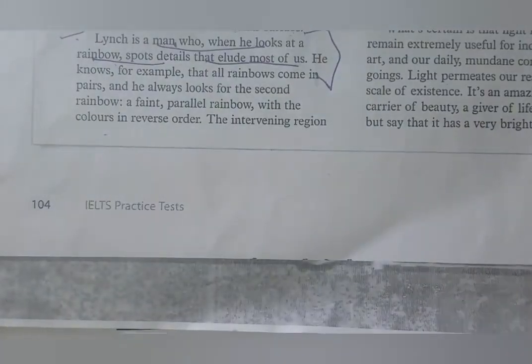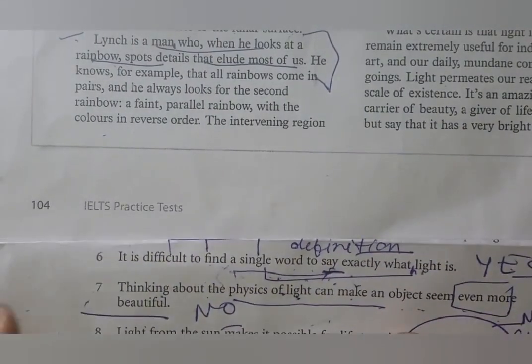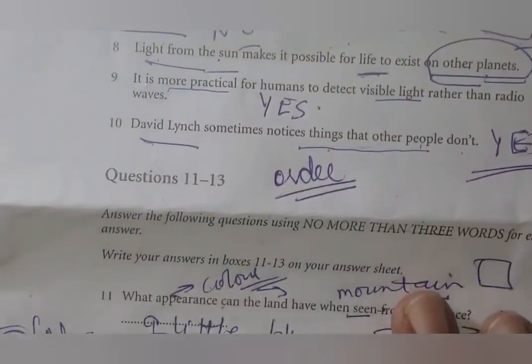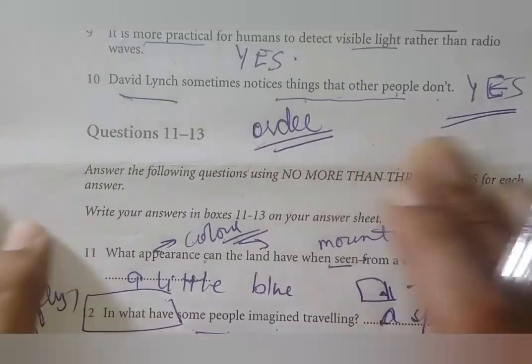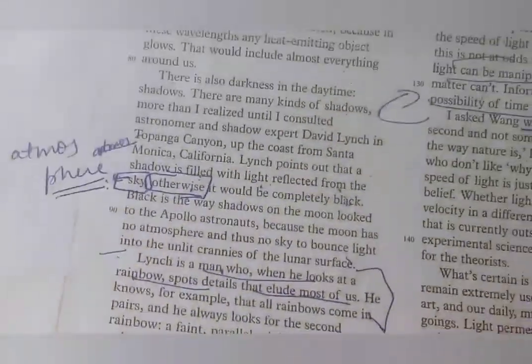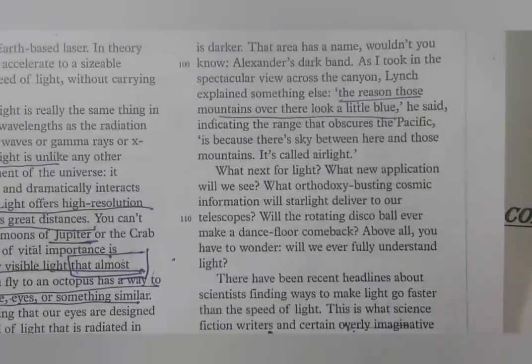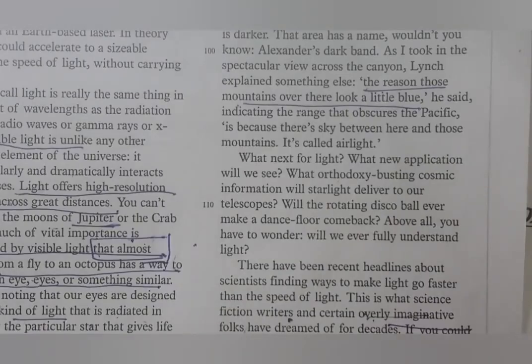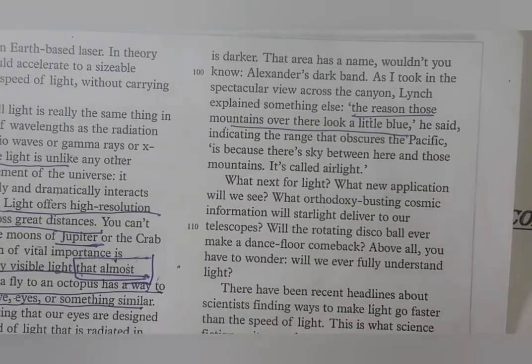अब रह गया ये अगले वाले, इट इज डिफिकल्ट टू फाइंड अ सिंगल वर्ड, ये हो गया मेरा ये 11th। व्हाट अपीयरेंस के अंदर, अपीयरेंस की बात कर रहा हूँ, राइट। चलो, व्हेन सीन फ्रॉम ए डिस्टेंस, अगर आप किसी भी सिटी में रहते हो, अगर आपके पास हिल्स हैं, माउंटेन्स हैं, आप देखते हो तो आपको उनके कलर क्लियर नज़र आते हैं, थोड़ा सा हल्का सा ब्लू दिखते हैं जब क्लियर हो स्काई। देखो बहुत अच्छा क्वेश्चन है, बड़ा टेक्निकल सा पॉइंट करा।